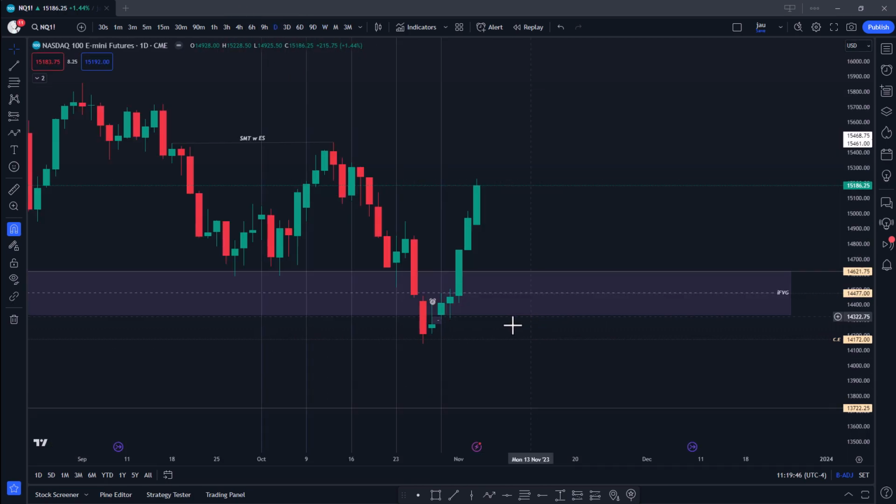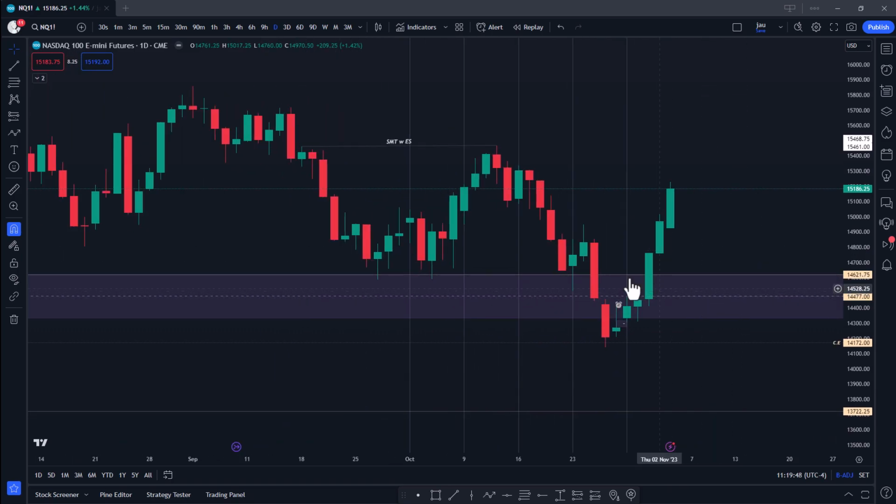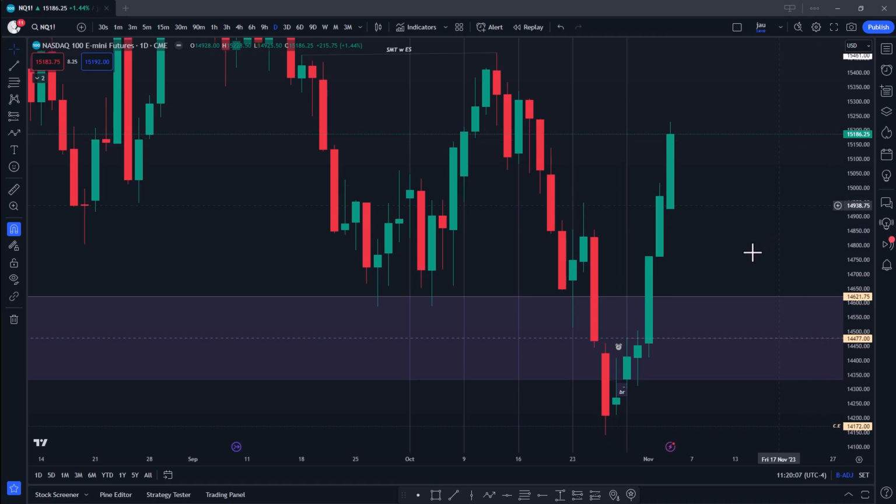On a daily chart, we can see the same thing. I did mention how, since the NASDAQ is the stronger of the two sisters, I was willing to see the NASDAQ trade into this inefficiency, this sell side inefficiency, this sell side imbalance, sitting here, the CB. I was looking to see if we could trade into it and then reject lower, but we can see that did not happen. Day after day, we just opened and started trading higher, opened and started trading higher with gaps